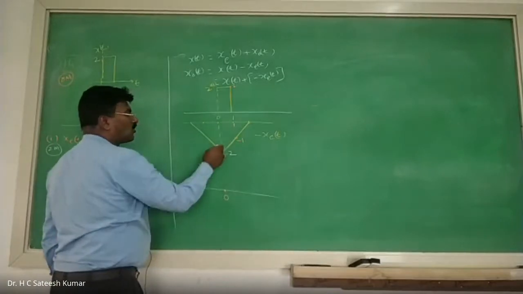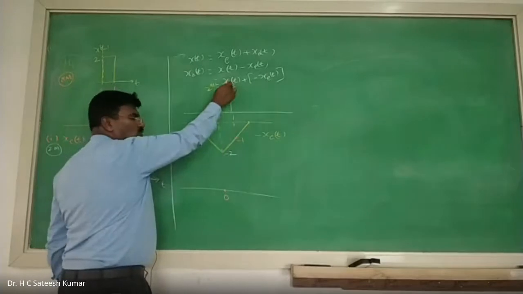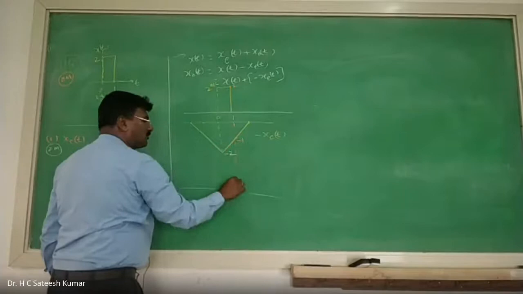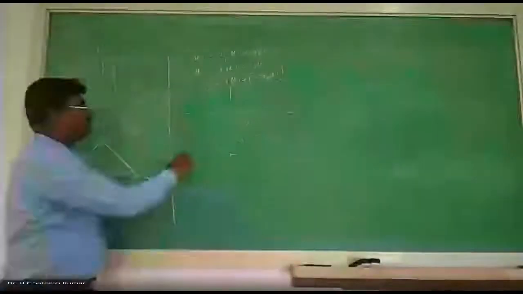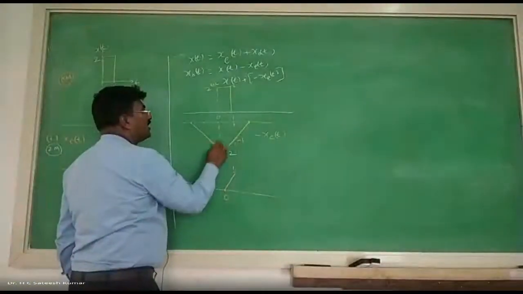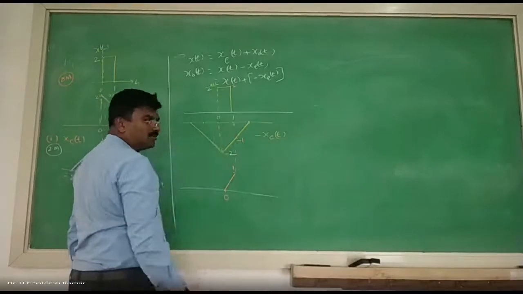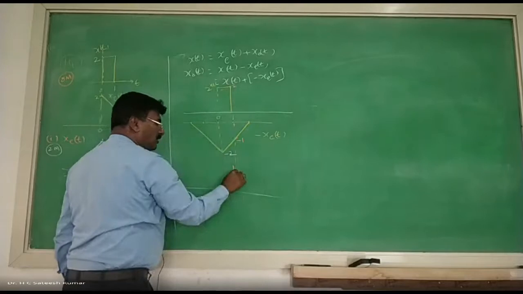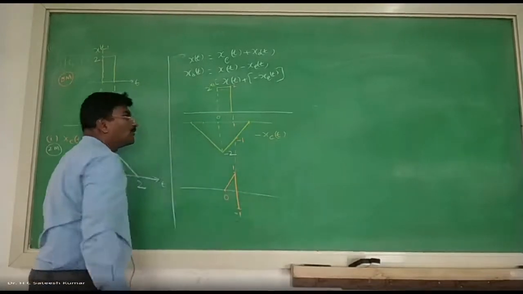Where to where? Go to end points. Minus 2 plus 2 is 0. Minus 1 plus 2. Minus 1 plus 2 is what? 1. So therefore, at this point it will be 1. So the constant plus increase up to 1. Now, after increasing between these 2 points, constant plus increase is increase. Then there is a fall by 2 units. Fall by 2 units means 1 to minus 1 it will go.